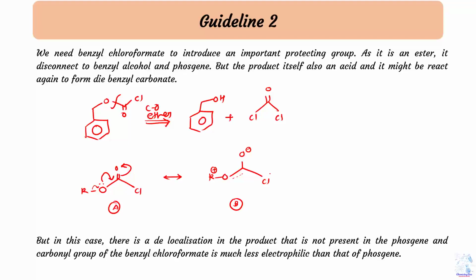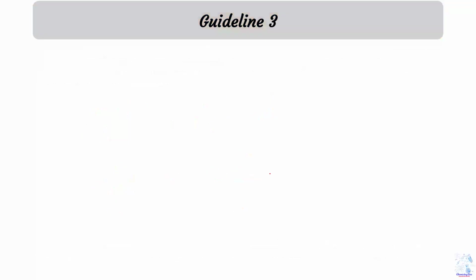Okay, so another example. Guideline 3 is the chemoselectivity guideline. In that guideline, the problems of guidelines 1 and 2 may be solved by a protecting group. So what do we need? We need some protection to protect something. If we protect once, then it is easy to follow guidelines 1 and 2. If we want to react the less reactive functional group of the two, we have to protect the more reactive one, and if we want to react once again, it would react twice.